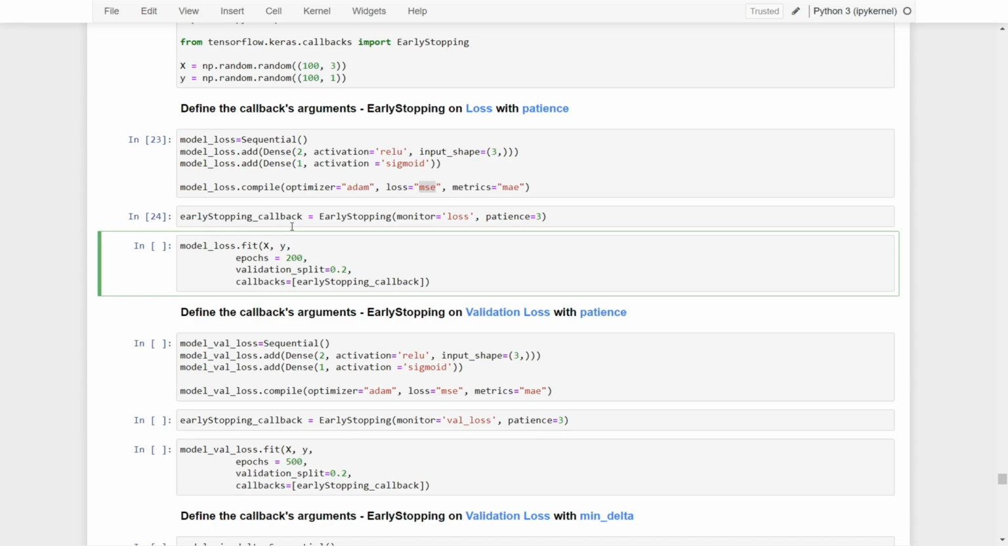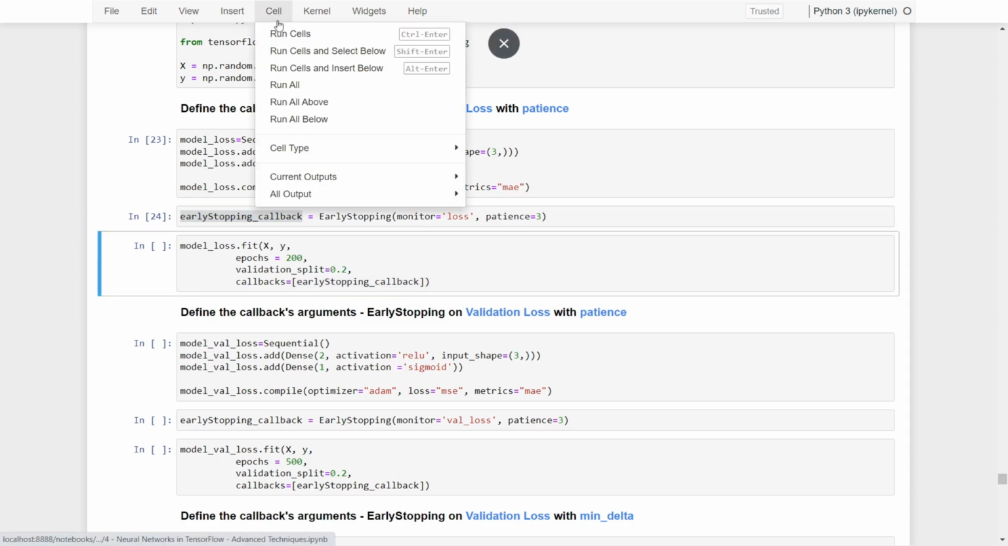And then we can put everything into the fit function. Here you can see X, Y are the inputs and outputs, and the epochs are equal to 200. And then we use 80% of the data for training and 20% as the validation data. And finally, we just put the callbacks equal to a list with this early stopping callback as the argument. And if I train it,